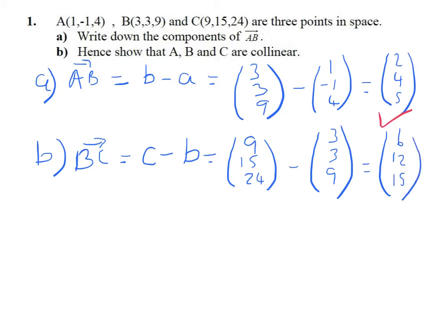And what we're looking for here is for this vector to be a multiple of the one that we already found, or the other way around. I'm going to take out a factor of 3 here, and we'll be left with (2, 4, 5), which is the same as we got for the original AB. So BC is 3 times (2, 4, 5). That's not enough, we've got to show what that means. So BC is 3 times AB,